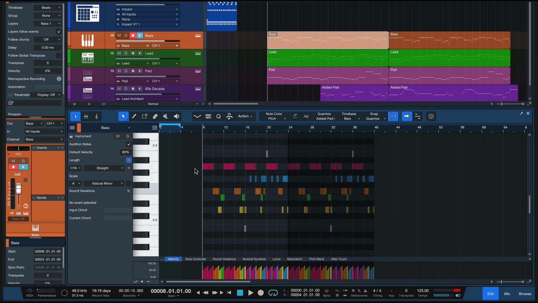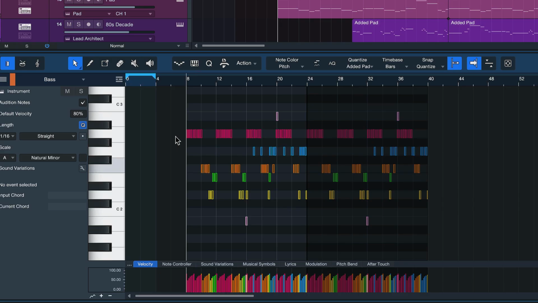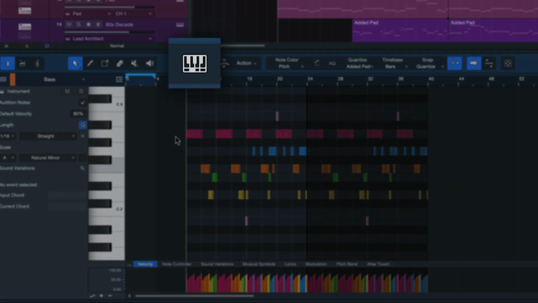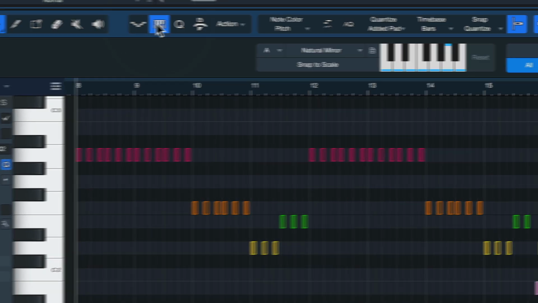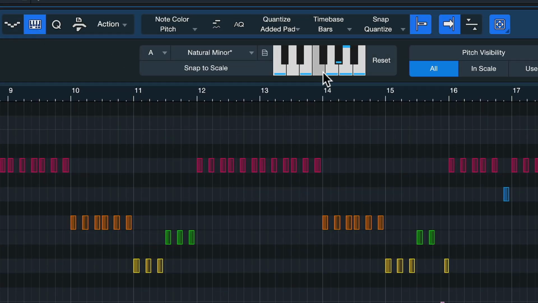Studio One Pro 7 also comes with a brand new node editor that lets you add your own customized scales, filter by scale, only show the notes that you're currently using, which is great for percussive workflows, for example, and a whole lot more. All of these functions have been consolidated into a new single Scale Tools panel, which is located directly in the Node Editor toolbar. The Scales feature inside of the Node Editor now supports custom user scales, which is really cool